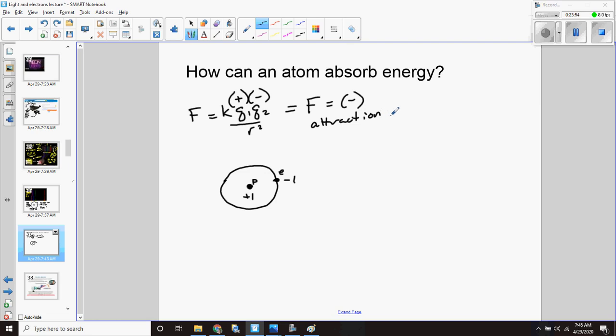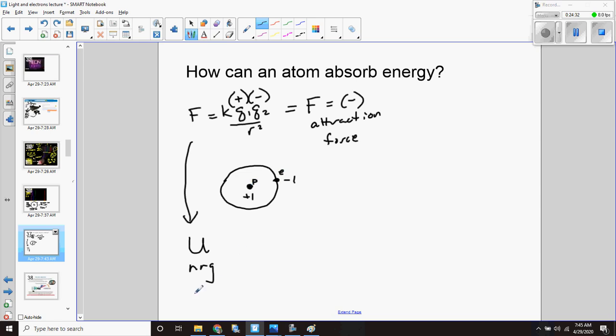We talked about this when you talked about gravity. Gravity is attractive. The acceleration of gravity is negative 9.81 meters per second squared because it is attractive. So this positive nucleus is attracting this negative electron. There's no secret there, that's kind of old news. But along with force, there's also an energy. Usually the energy equation is written like this. For some reason, they use U for energy. I don't know why, but I'm using U right now. U just means energy. Along with an attractive force, and that's the force that keeps the electron held to the nucleus,